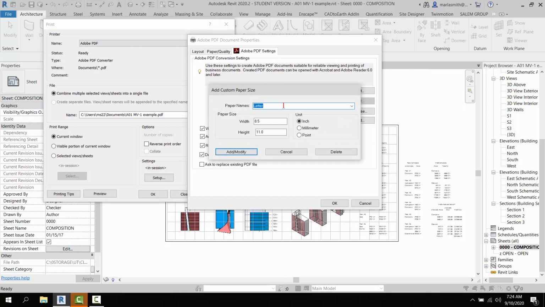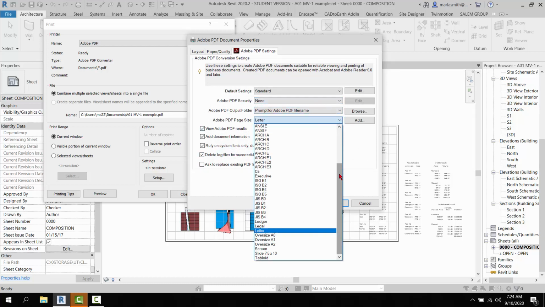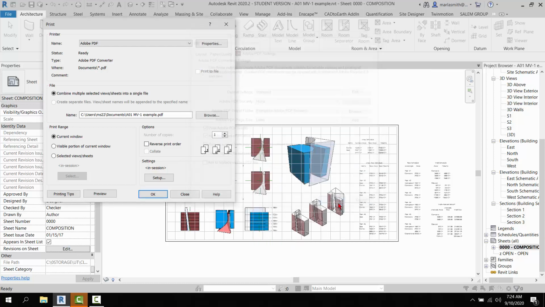So you can come in here and just name it 12 by 24. And so we're going to set the width at 12 and the height at 24. Right? And I'm just going to click Add Modify. And it's going to add that to the options. So if you go to the pull down, you'll see if I scroll, there'll be the 12 by 24. I also have another one that I put in there earlier, but this is the one I just added. Right? So if I click OK, I can now go into my setup,